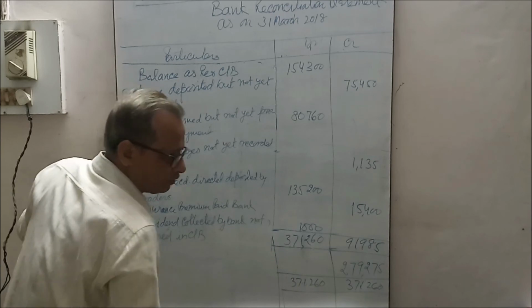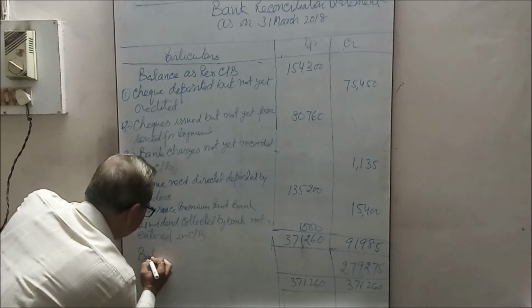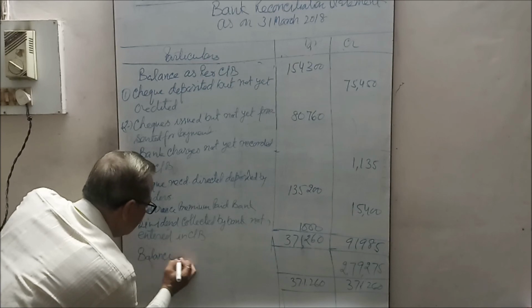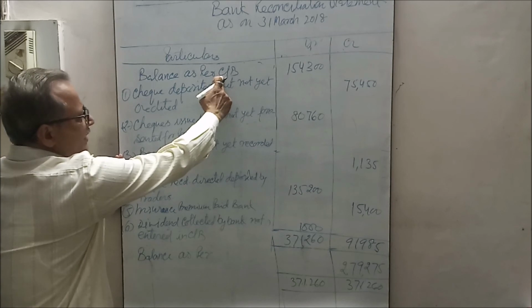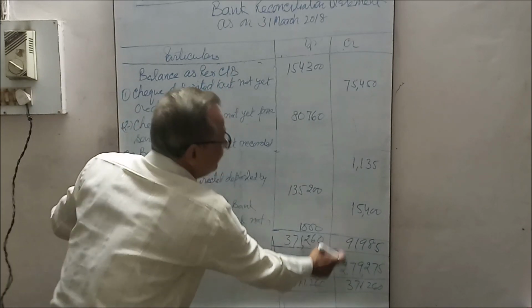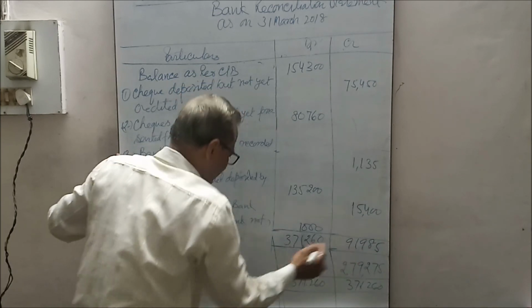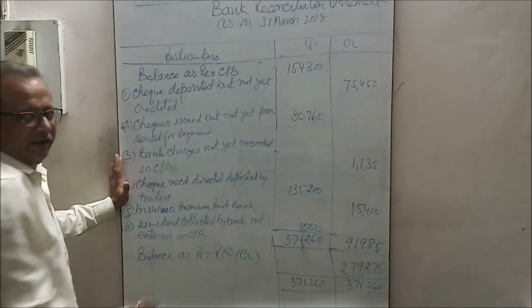Two lakh 79,275. This is the balance as per the given cash book balance, so he will write here passbook. Which balance? It is given on the credit side, so it is the credit balance. Both balances are favorable balances.